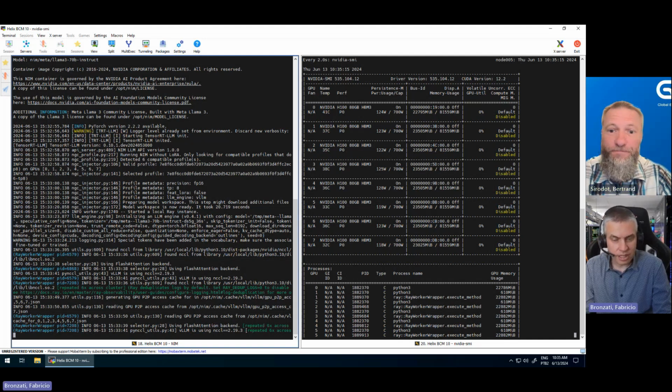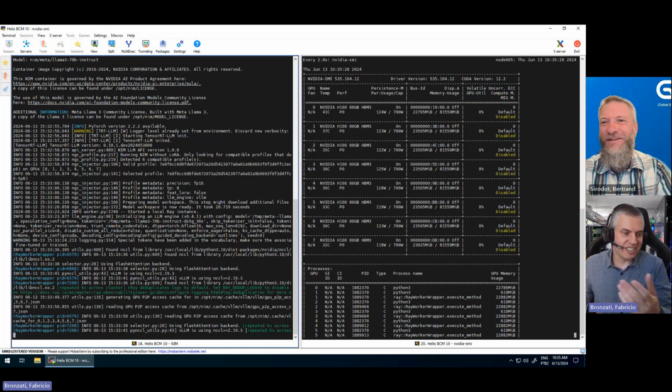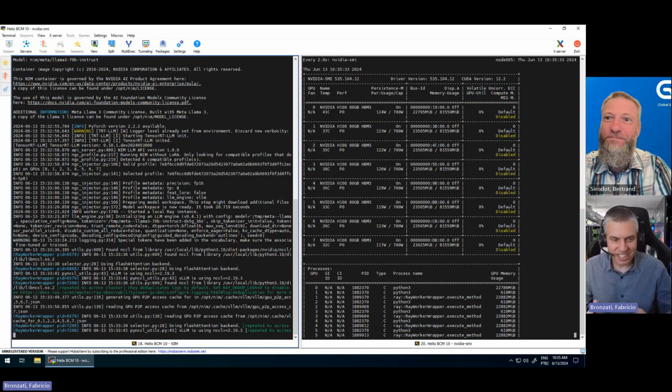Exactly. And if you set the IPs, for example, you can even have TensorRT LLM running on 4 GPUs and vLLM running on the other 4 GPUs, or one running one server and the other one in another server, and test the difference, like the 70 billion with the 8 billion. You can have one running on part of the GPUs and the other running on the other part, and have interactions and compare answers as you need.